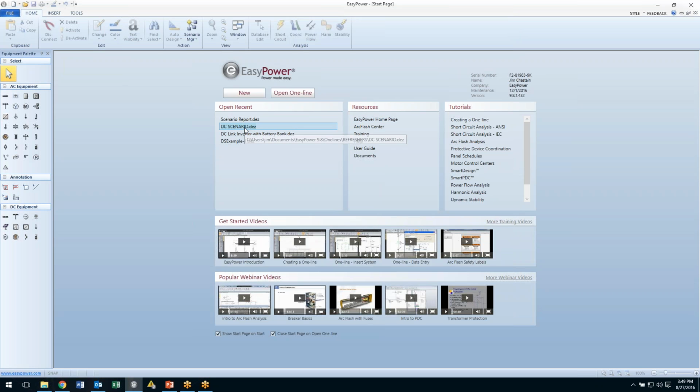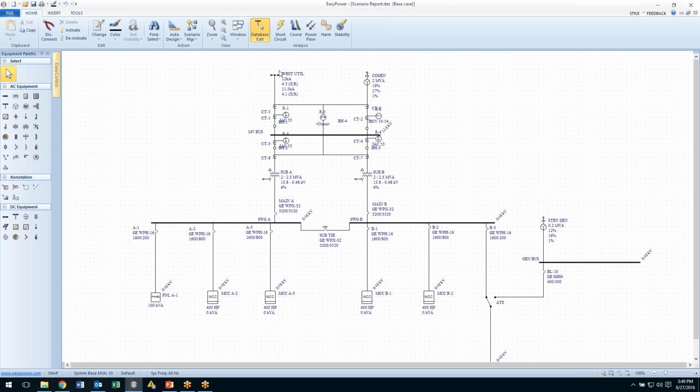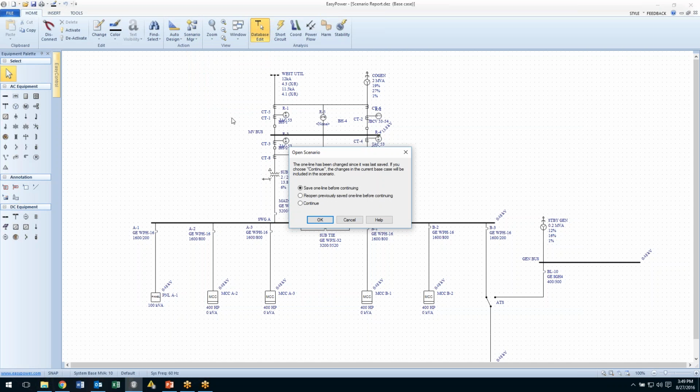All right, so the example that I want to look at is one I have open here, which is a complicated radial system that has both utility and cogen support, and then the ability to cross-connect several different configurations, all of which we need to calculate incident energy for, and then come up with the worst case. You'll see as we go in and look at the current list of scenarios,